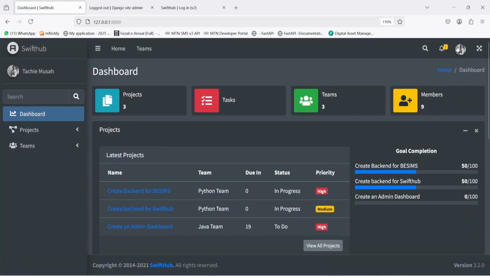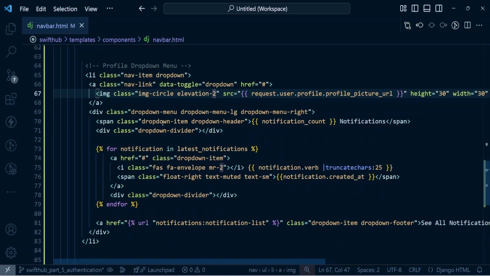Perfect. Okay, so now when you click on this, you are seeing notifications, and that's because we copied it and we have not made any modification to this part. So let's make some modification. All right, so at this part, we are having the image that is going to this part, and we also have the div, and inside the div, we have a span, and this span is actually showing us the notification count. But this time around, we don't want to have the notification count, but what we rather want to have is going to be the